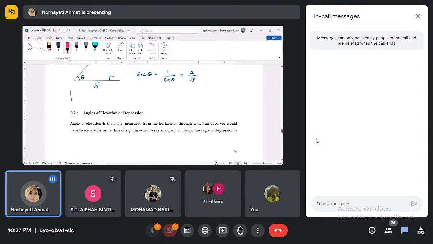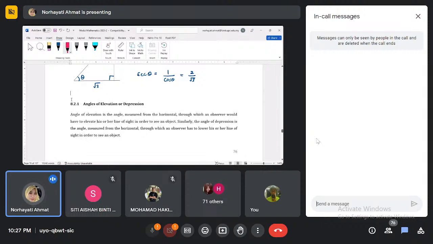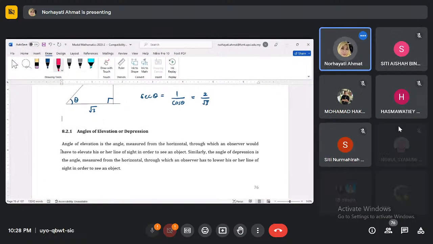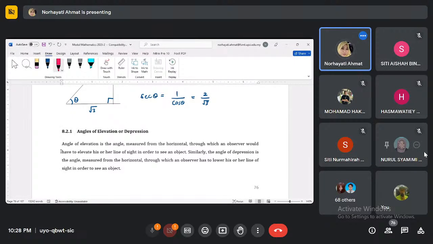8.2.1. Okay, yang ini angle of elevation and depression. Okay, so angle of elevation is the angle measured from the horizontal, garis mengufuk, through which an observer would have to elevate his or her line of sight in order to see an object. Similarly, the angle of depression is the angle measured from the horizontal through which an observer has to lower his or her line of sight in order to see an object. Maksudnya,